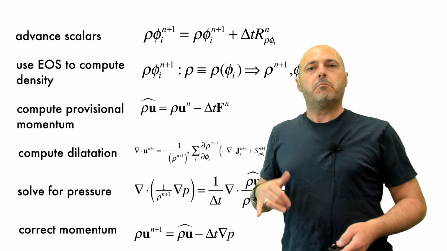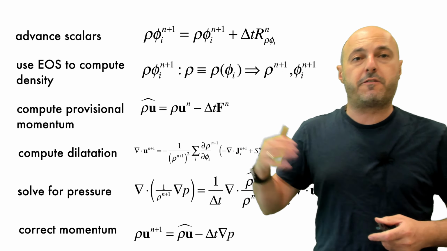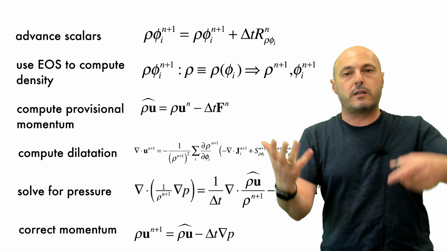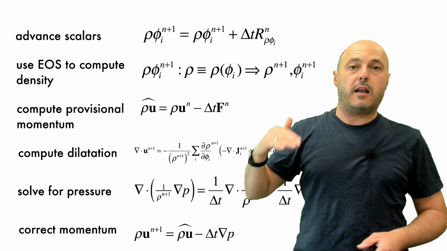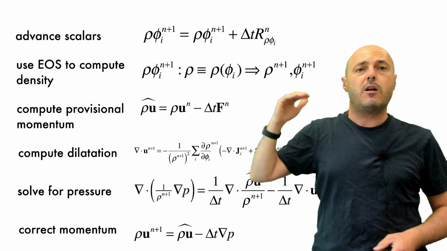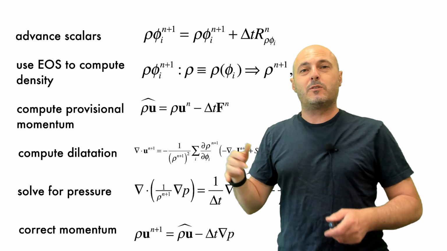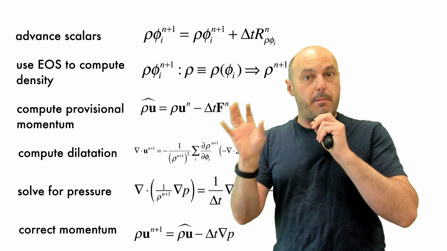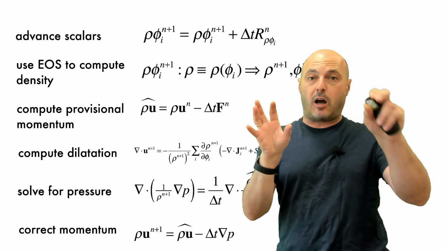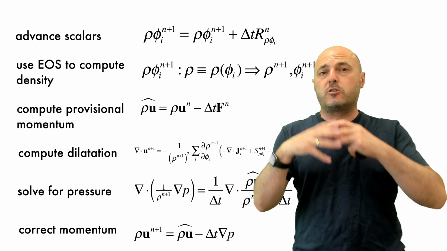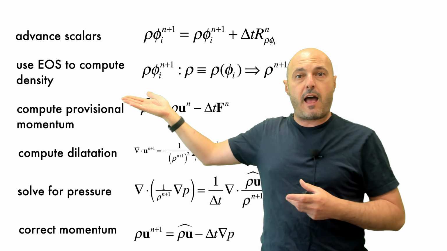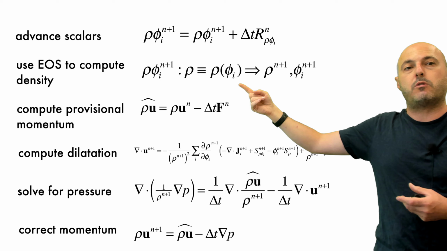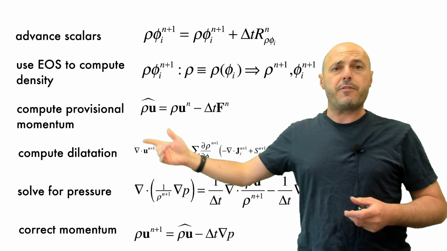Anyway, so here's what our algorithm looks like. We first advance the scalars, so we're transporting scalars in time. This is a forward Euler method. Each scalar, we go through temperature, species, mixture fraction, etc. We advance them in time, and then we use our new equation of state, which couples, remember, density is still coupled to the scalars. So that's given by an equation of state determined by the chemistry you're dealing with, or the type of reaction, the type of mixing you're working with. So you have to solve that equation of state. Given rho phi_i at n+1, from that you have to extract rho^{n+1} and phi^{n+1}. Then you go to momentum.